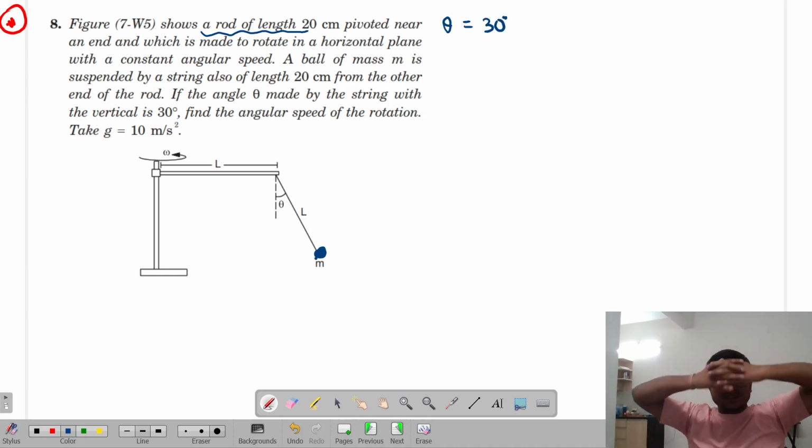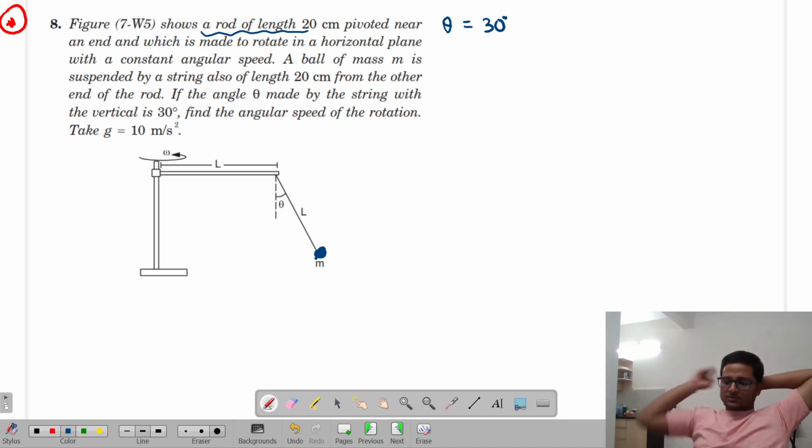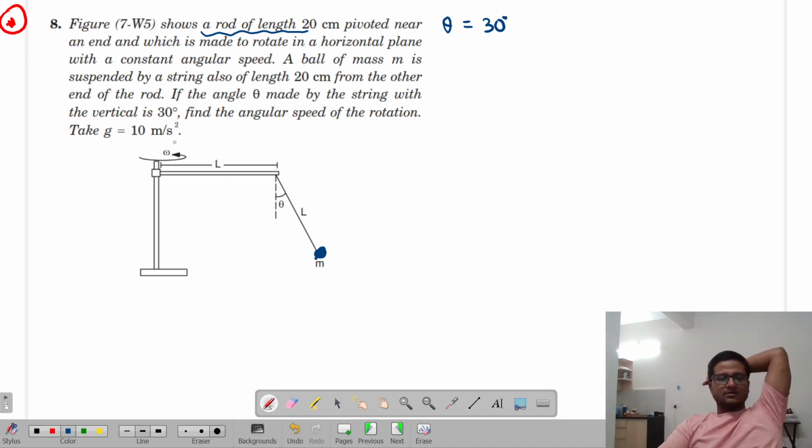ज्यादा हार्ड थोड़ी ना है। ये तुम्हारा इसका एच सी वर्मा का है ना, एच सी वर्मा एग्जाम्पल नंबर 8, ठीक है।